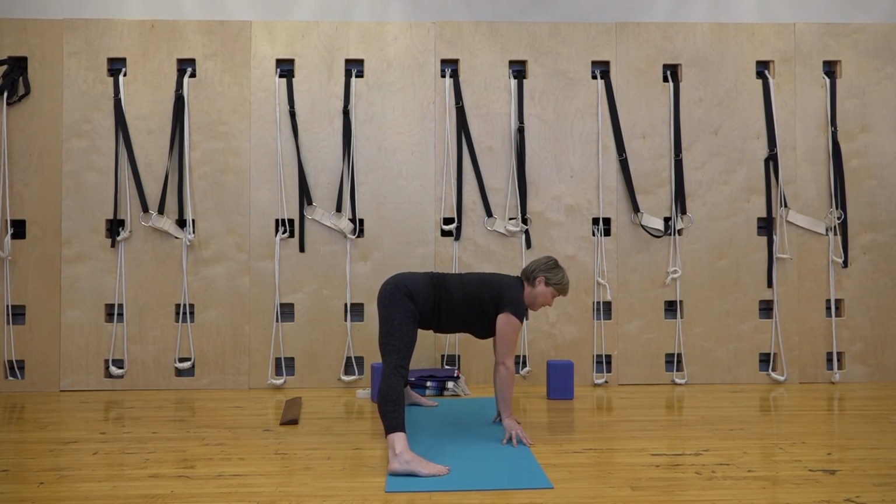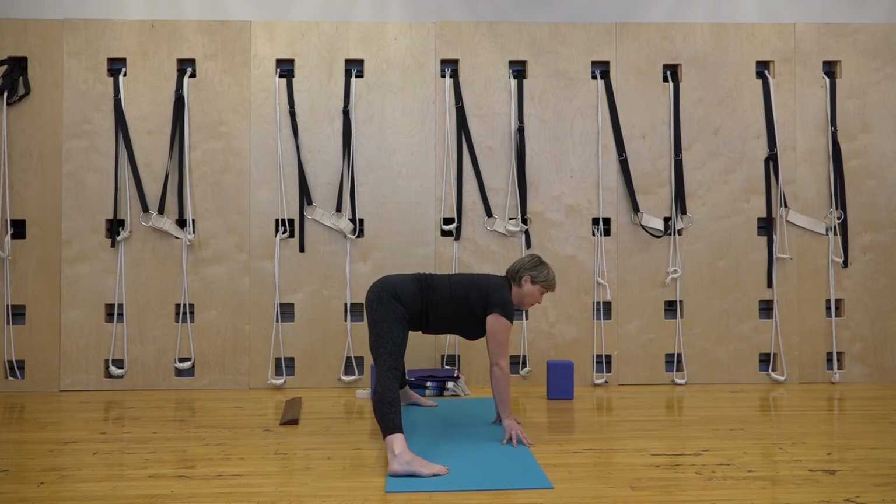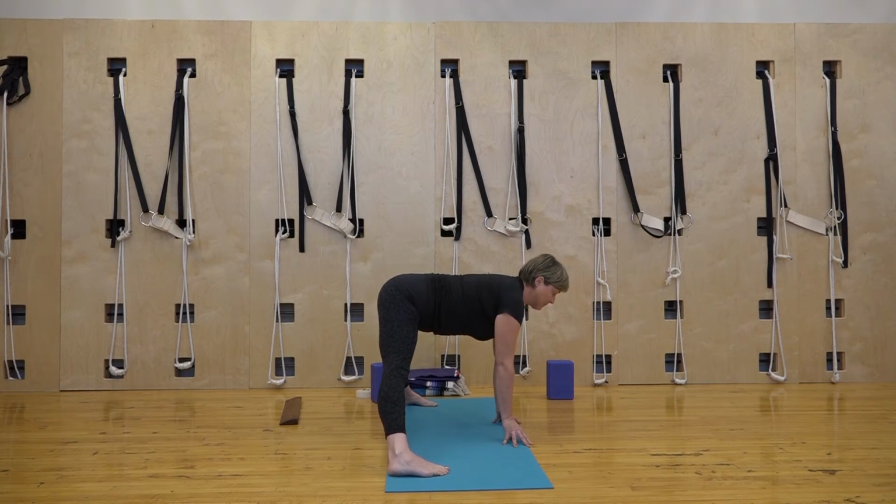So we want to maintain the hips over the ankles in this pose, in line with the ankles. So they're not swinging back behind you, but staying in line with the ankles and the back of the mat. We'll press our hands down, roll the shoulders back, and move the shoulder blades deeply into the back. So the weight is even on the feet. Draw up on the kneecaps, draw up on the thighs, and draw the outer hips in